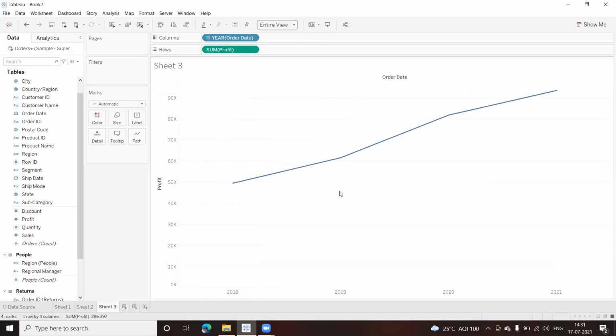I have told you that whenever you have a chart, you have to sort it. Now, should I sort a line chart? Especially if I have a line chart, should I sort it?